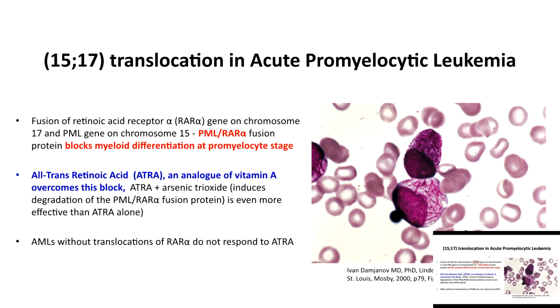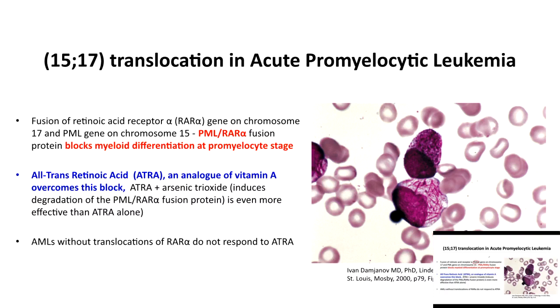Knowing that this is what is causing the accumulation of the promyelocytes, the use of vitamin A, in fact, an analog, the all-trans retinoic acid, has proven effective in overcoming this maturation arrest or the differentiation block. So what this will do is